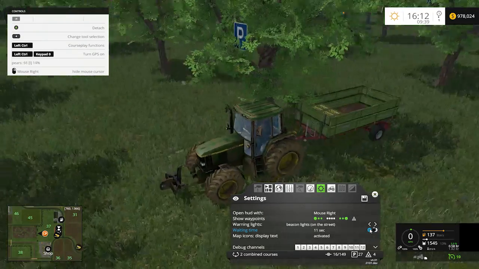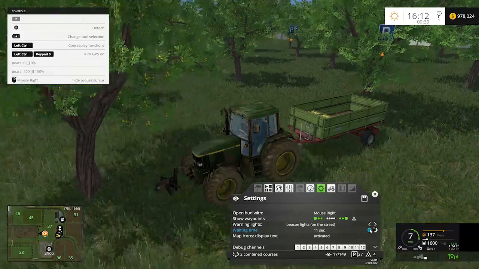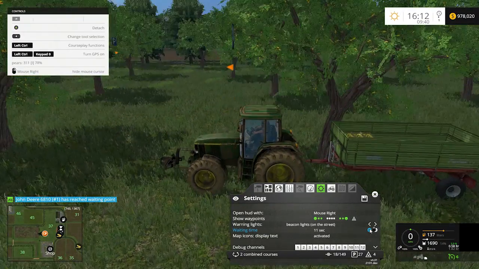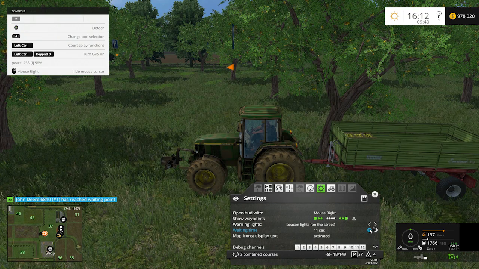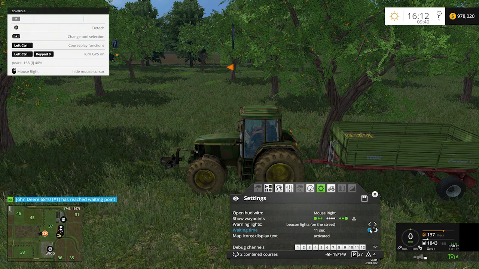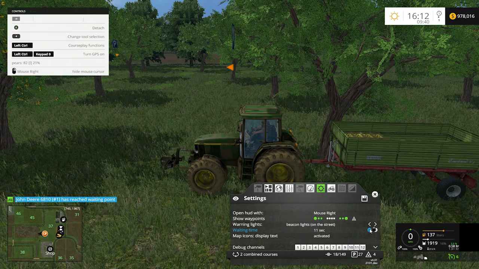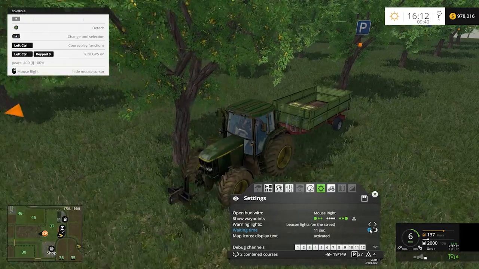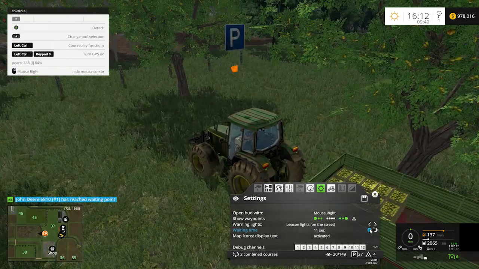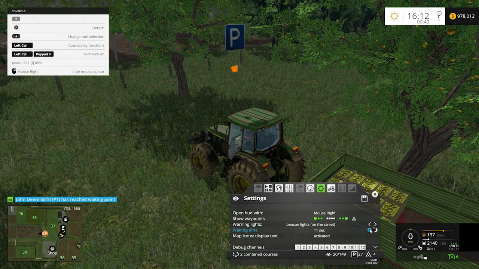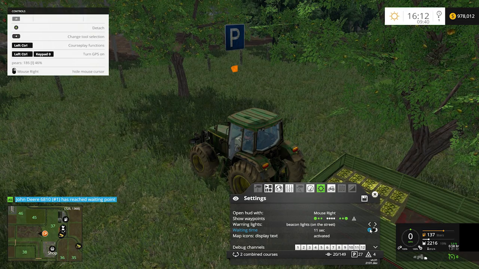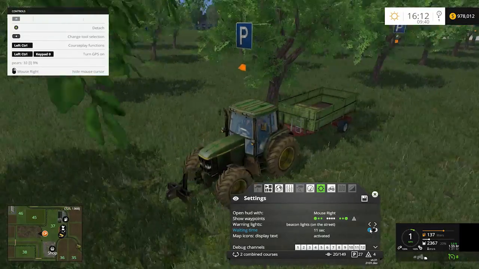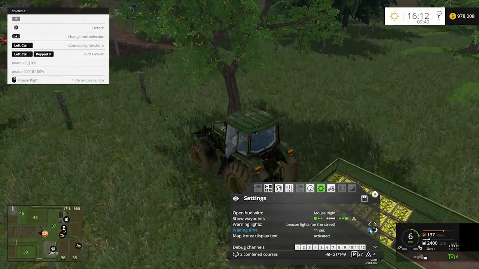Now, if you wanted to use the sales kiosk for the fruit, you do the same process. You would go through, record your route through your trees. Then you can either continue on to your sales kiosk, pull around to the side or to the back of the kiosk, wherever the unload trigger is, making sure that you drive over the trigger, and then make your route back to the field. If you have a nice size orchard where you wanted to do multiple things, you could actually set it up to drive,